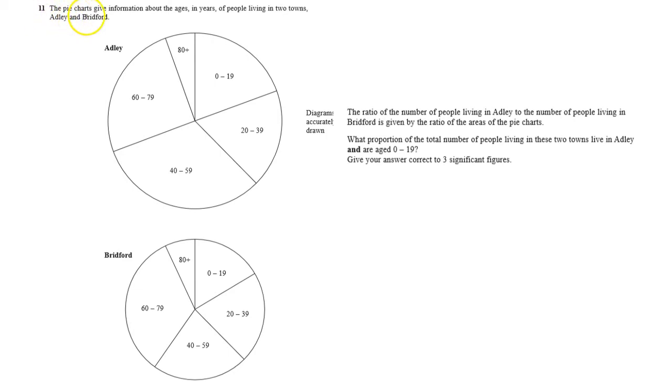Question number 11. The pie chart gives information about the ages in years of the people living in two towns, Adelaide and Bedford. The ratio of the number of people living in Adelaide to the number of people living in Bedford is given by the ratio. So for such a type of question, it's good to calculate the area. So this complete area of Adelaide is